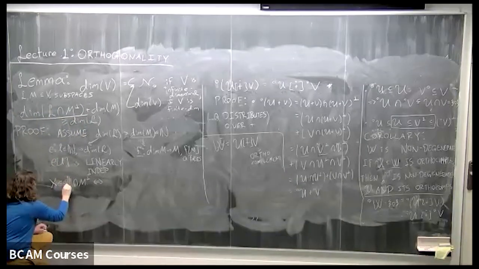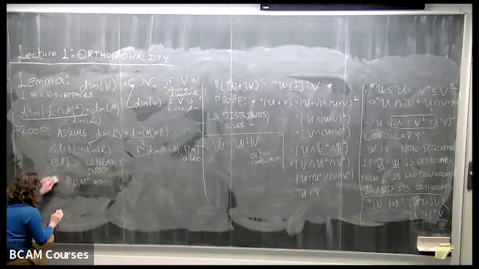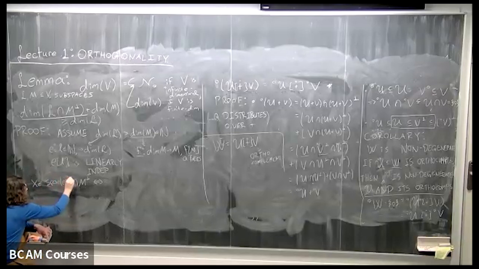So this will be the image E of L, and I have to take the span so that I get a vector space. Span. So a vector lives in that guy if and only if